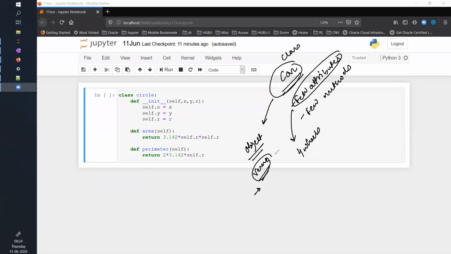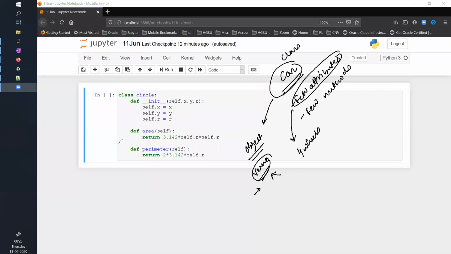But the common attributes and methods which define a car will be there in Verna for sure. And this is your object, which you create from this car class. So in object-oriented programming, you create classes which are your blueprint, and then from those blueprints, you create objects.